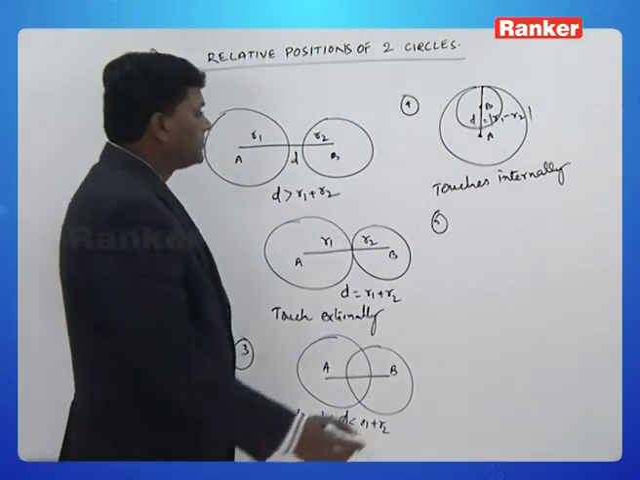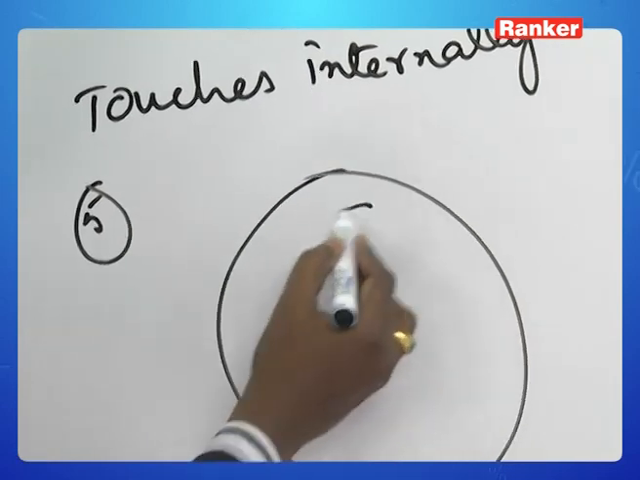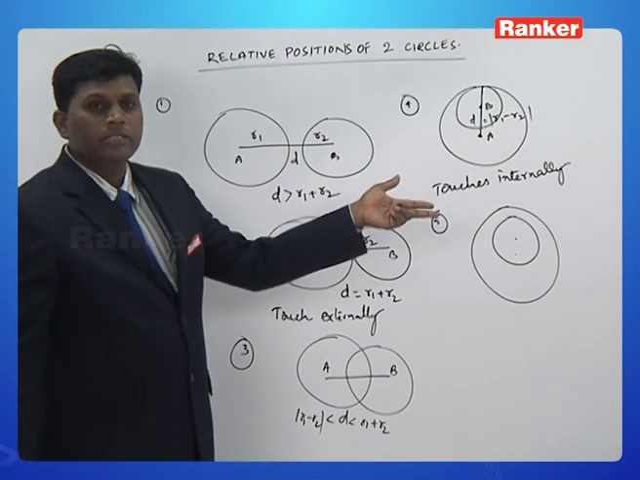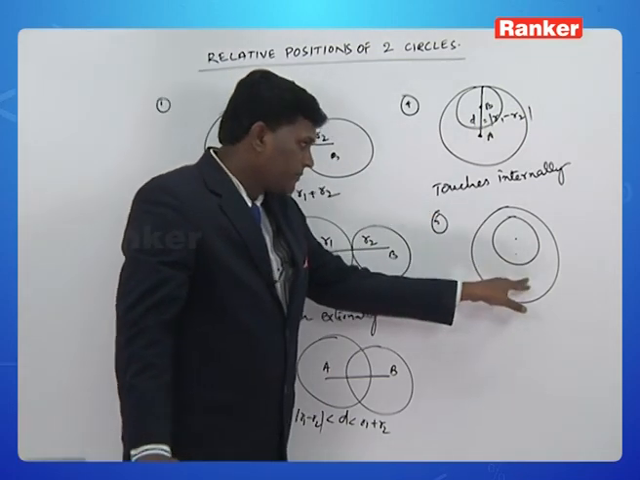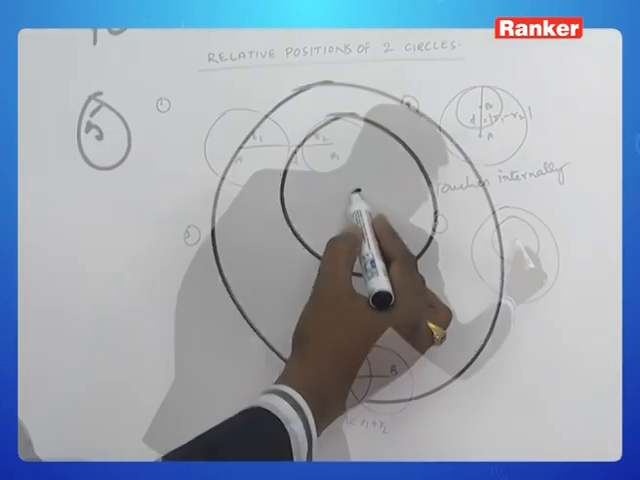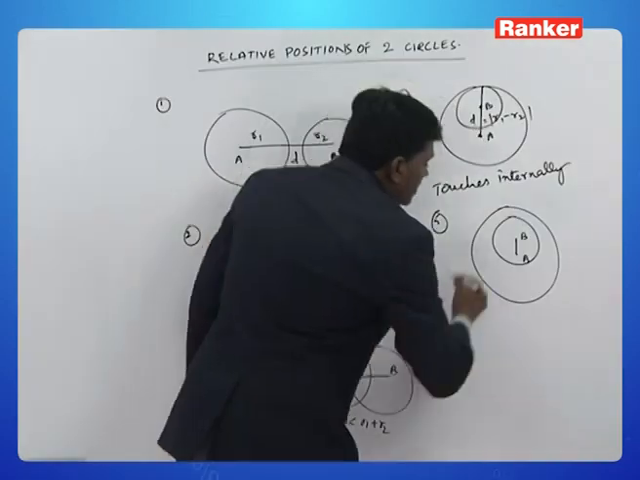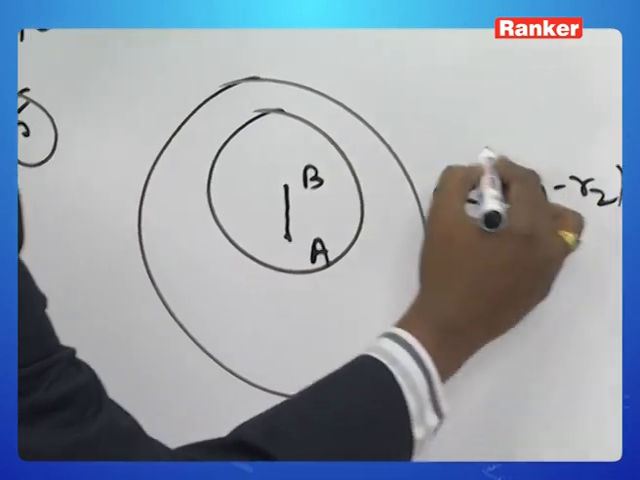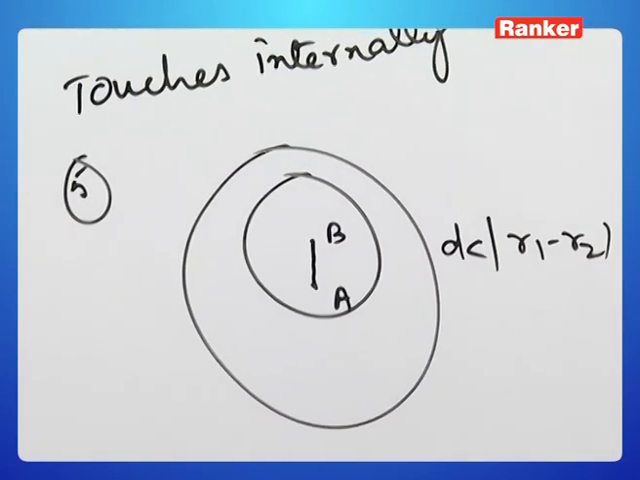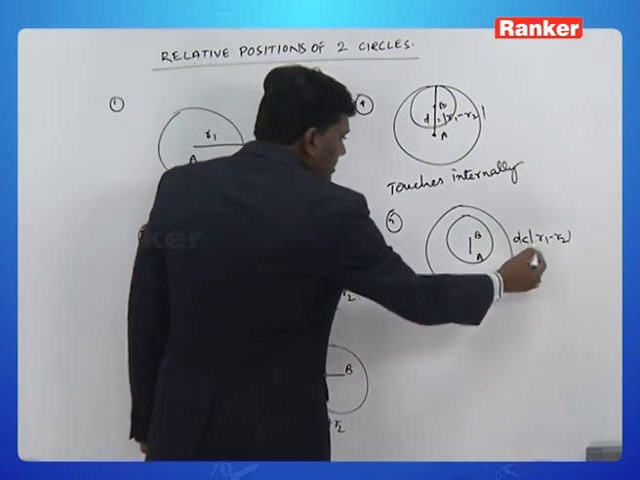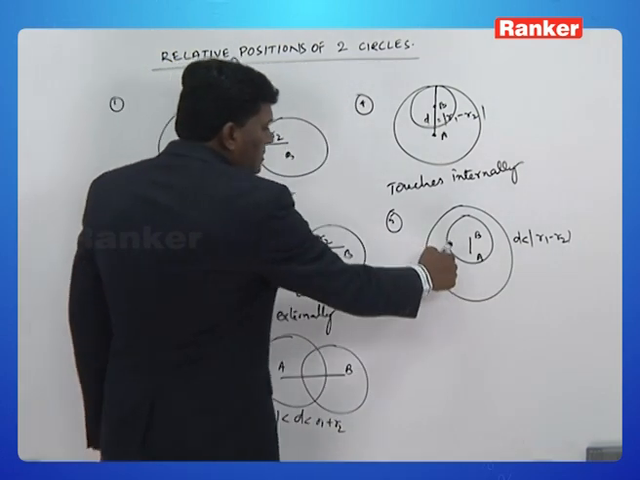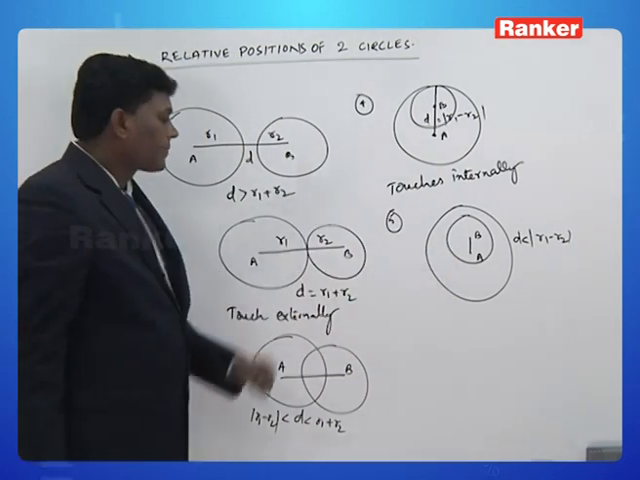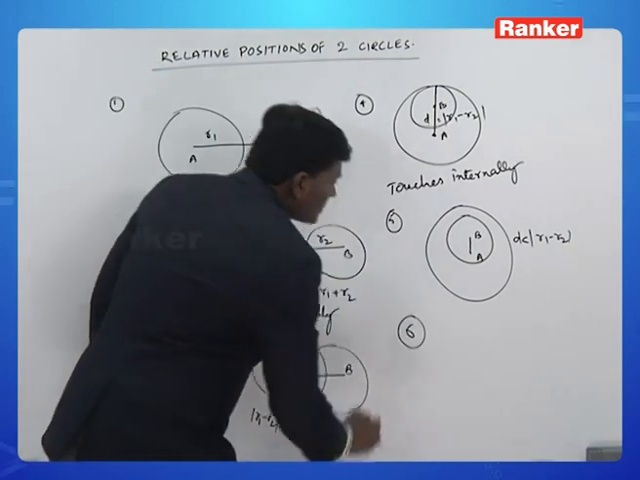Coming to the fifth case, here clearly the second circle is completely inner of the first circle, in which case the distance between centers D is less than even the numerical difference between R1 and R2. Here, whenever D is less than the difference of R1 and R2, then in this case one circle lies completely inside the other. And coming to the sixth case,